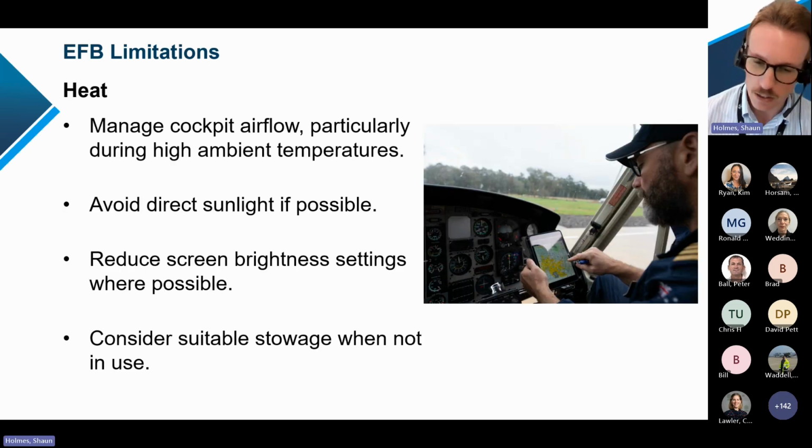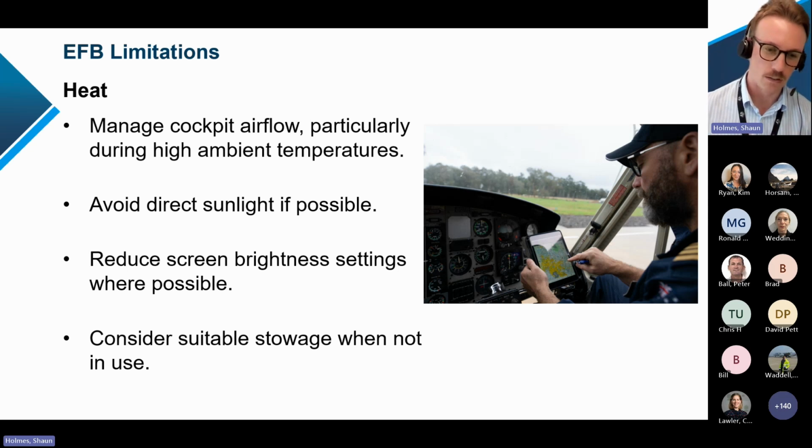Okay, heat is always a concern with the EFB, and I'm sure most of us have experienced a device which has given up in very hot conditions. So what can we do? Manage cockpit airflow. Try and have some airflow on the EFB if that's possible, especially on very hot days. Try and keep the EFB out of direct sunlight, which can help as well. Managing your brightness settings can also have a very significant effect. Having it as low as possible so that it's still readable and usable can reduce some of the heat that's produced. And if you're not using it, definitely stow it away